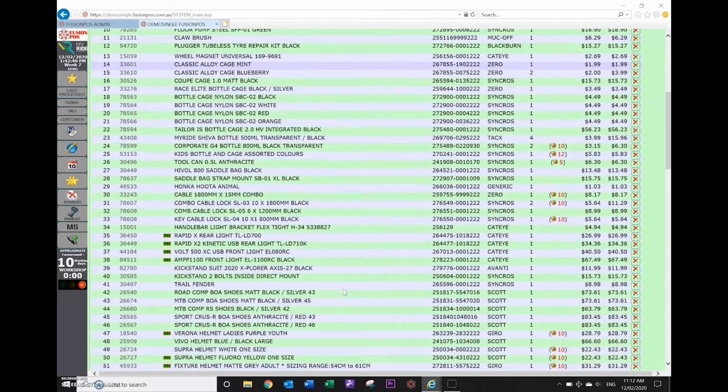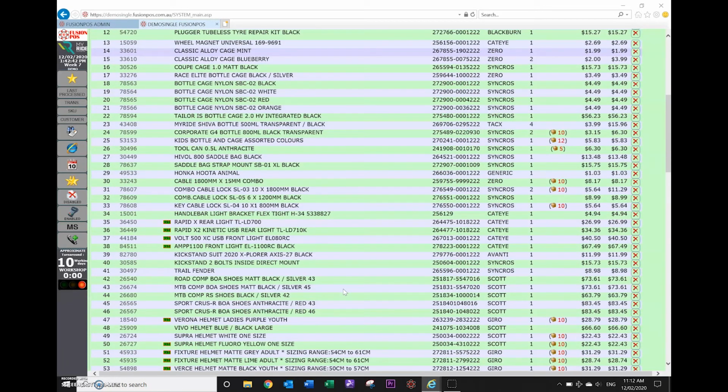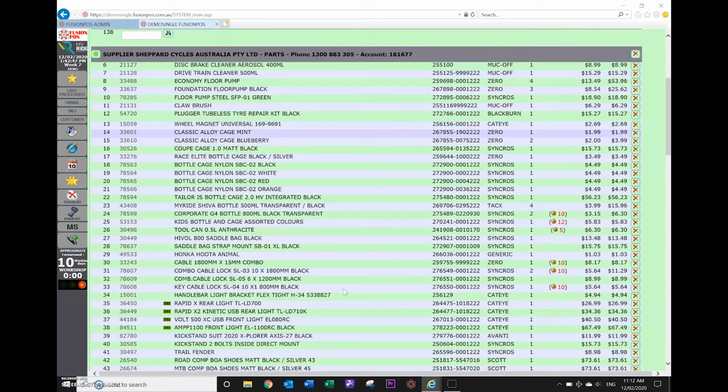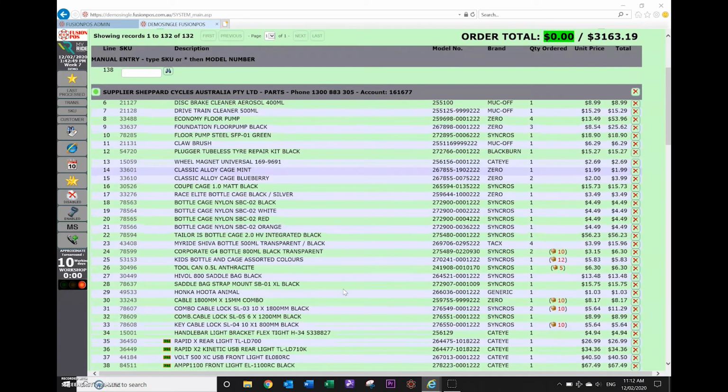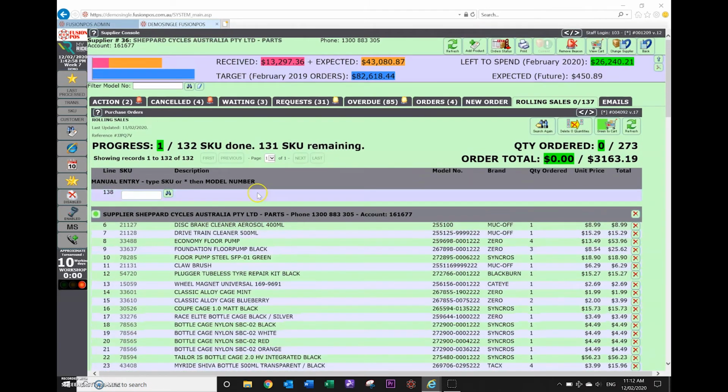So this is a great way for you to decide whether or not you do want to refill the stock you've sold, and it'll also give you at a glance a bit of a look onto where the state of play is on what SKUs are selling and what aren't. So like all purchase orders generated from the customer orders,